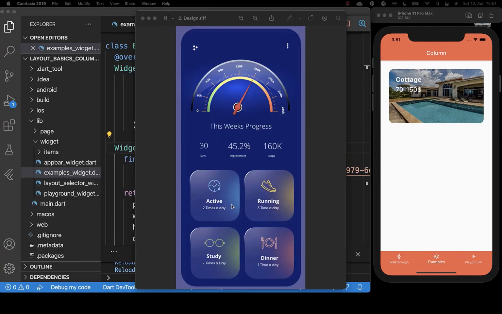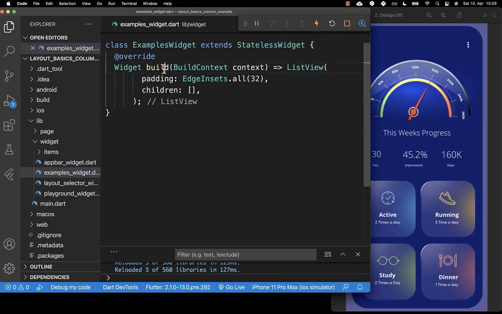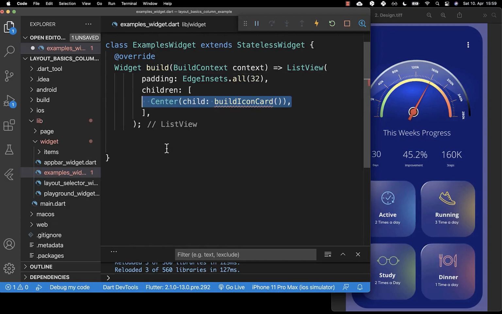Let's also create our second design. And in this design, we only want to create this bottom card. And like you can see here, we have an icon, a text, and another text, and all of them are displayed vertically, which means we have one widget, and under it we display another widget, and under it we display again another widget. To create this design, we go again to our build method, and here we create